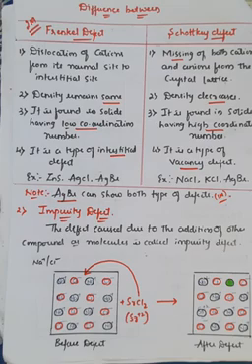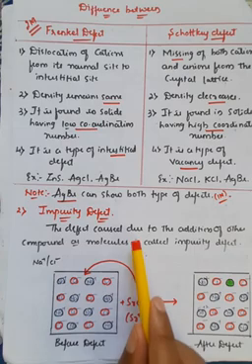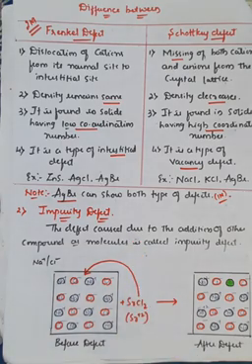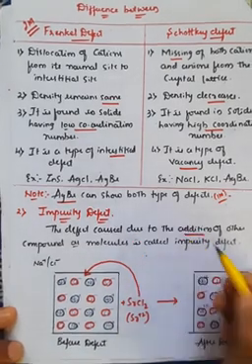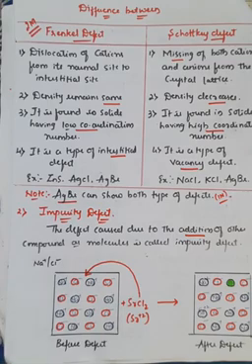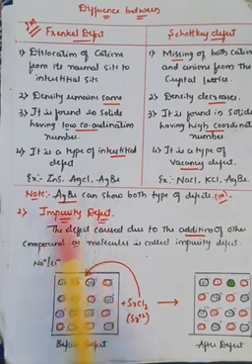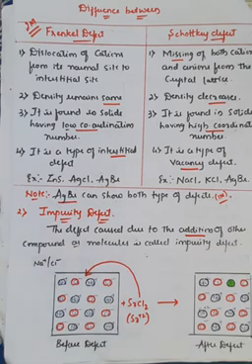And the second important type of defect is impurity defect, right? So impurity defect means the defect caused on the addition of a compound. Whenever you add another substance, what happens? There will be a change in the arrangement of atoms, right? So that is generally called impurity defect. Impurity here doesn't mean useless, it is also useful, which means it is an alteration from the pure form, right? So the pure form will convert into an impure form, right?